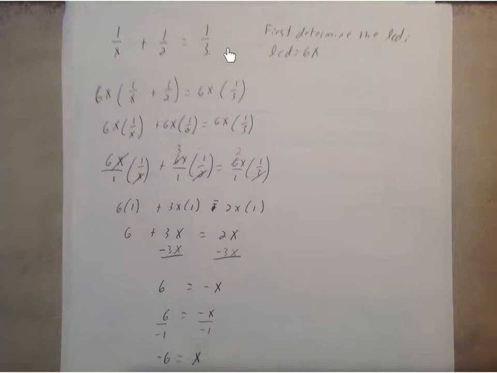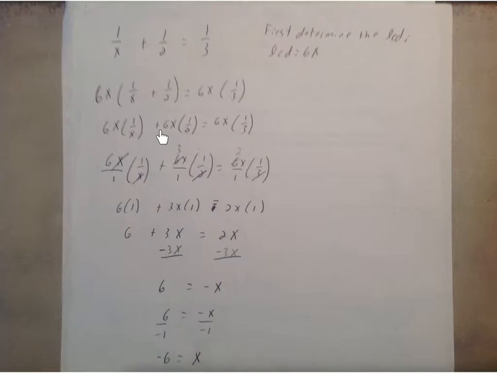First thing you want to do is look at this and determine the LCD, or the least common denominator. You've got denominators of x, 2, and 3. What's the smallest thing 2 and 3 go into? 6, and also you have an x. So the LCD is 6x. Next thing you want to do is multiply each side by 6x, and then you distribute